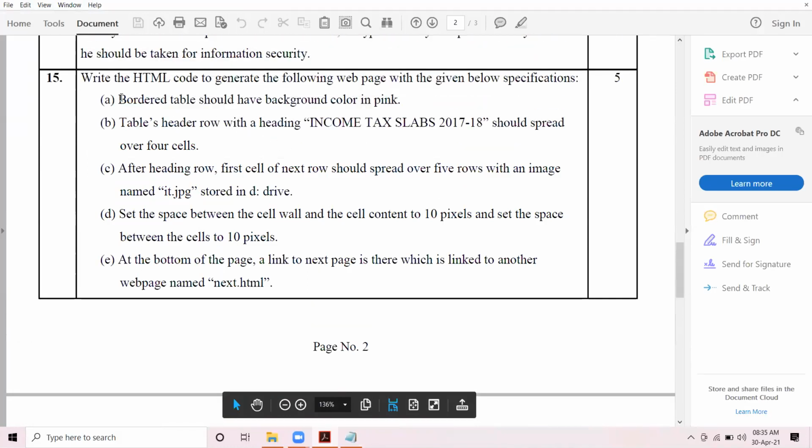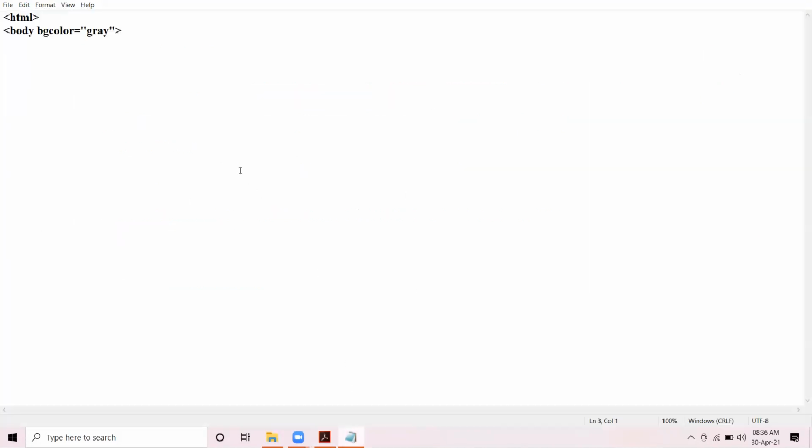The examiner is saying bordered table. Now the size of the border is not given. He is saying bordered table should have background color in pink. That means the size is not given, so we are taking border from our own side. Let it be 4.